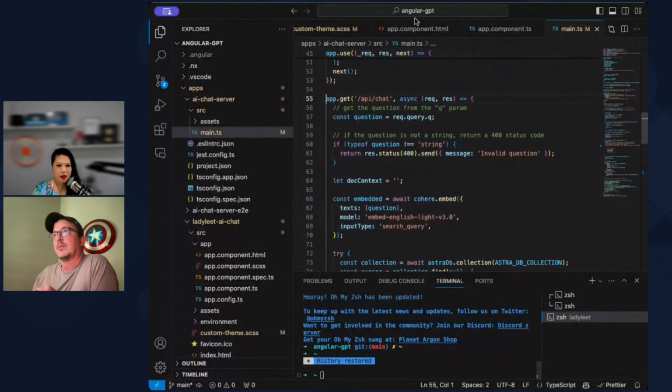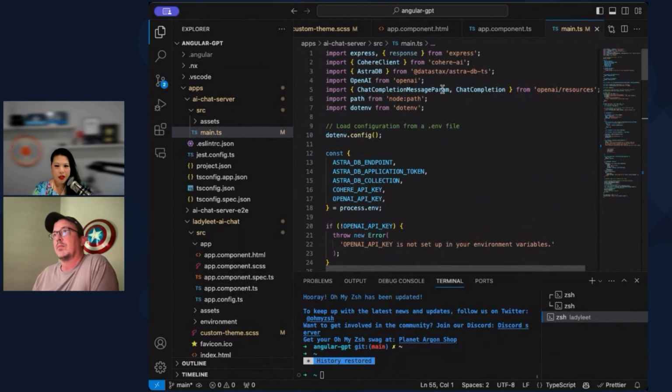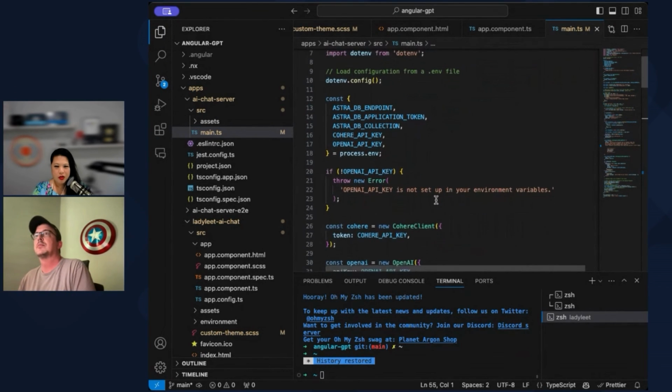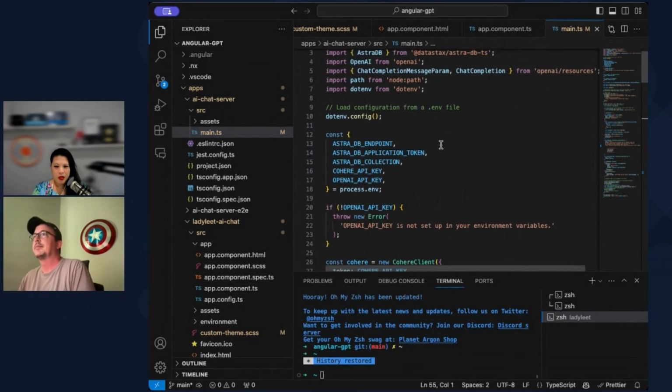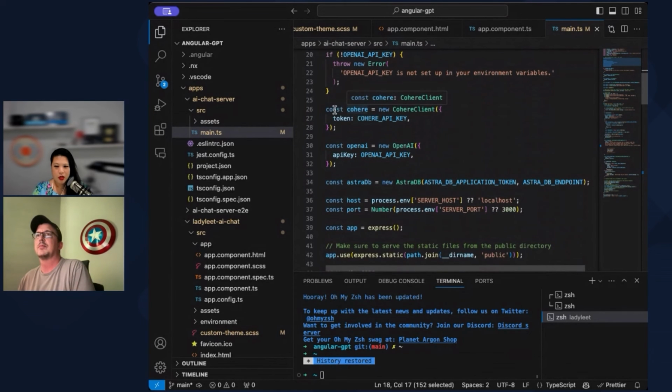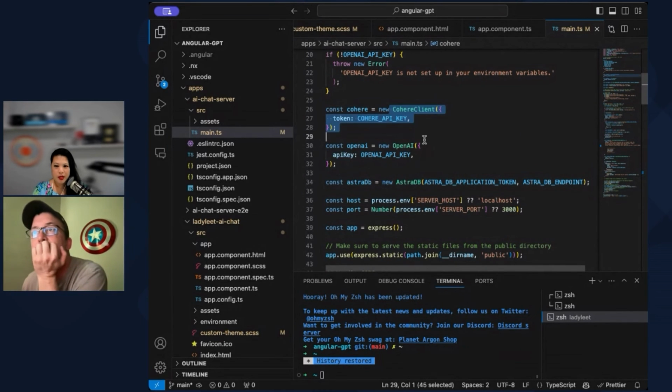Okay, so I have this thing right here. This is the last app that we did, where we wanted to stick Cohere and DataStax into this new app. It was really just importing some stuff and then dumping this into our new app. I think it's right here. Yeah, so it should just be this, right?